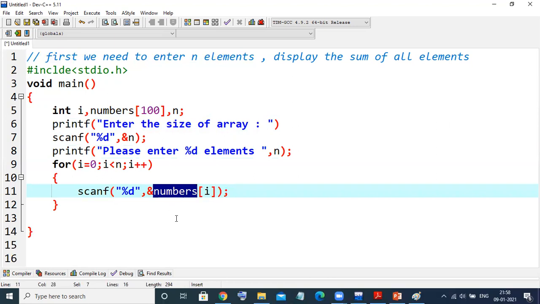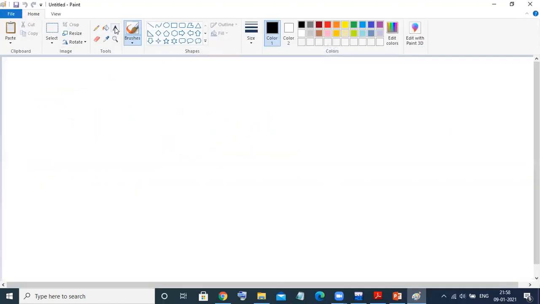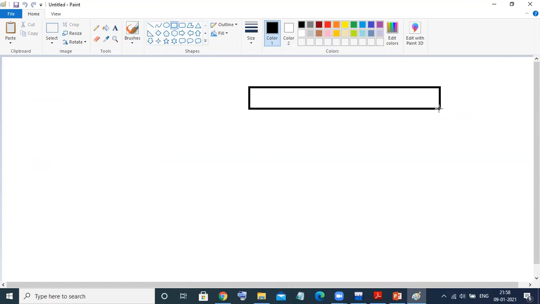Now what I need to do here, I want to add all those numbers. For example, diagrammatically I'll show you. Suppose I have an array. Let us take a 5 elements array. Suppose the user entered the size of the array is 5. So 1, 2, 3 and 4. Suppose the elements are like,